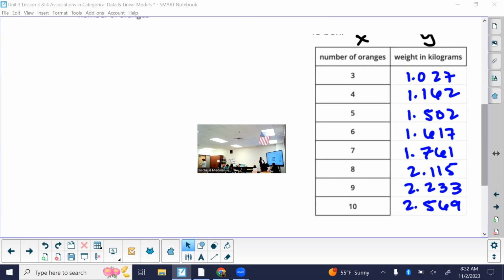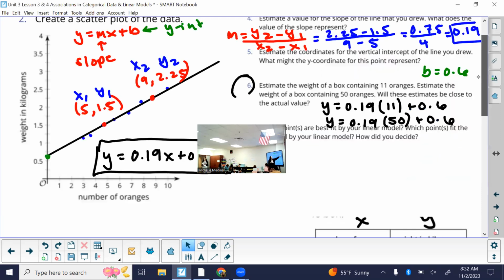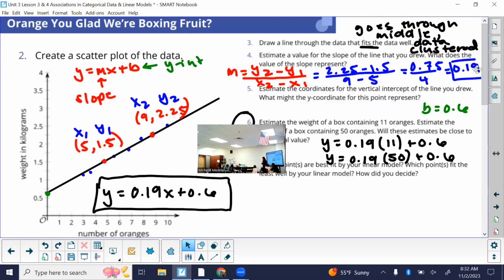All right, now for the y-intercept. Let's look at our graph for that because we don't have our y-intercept on the table, but we have it on the graph that we made. Our y-intercept was about 0.6. So what does that mean in this situation? The weight is 0.6 when